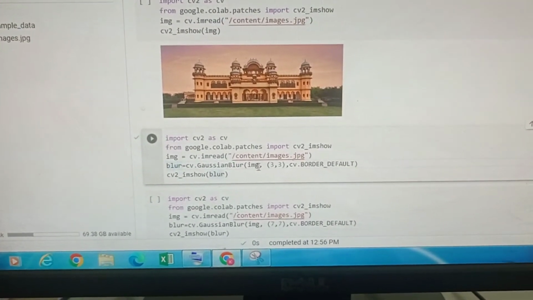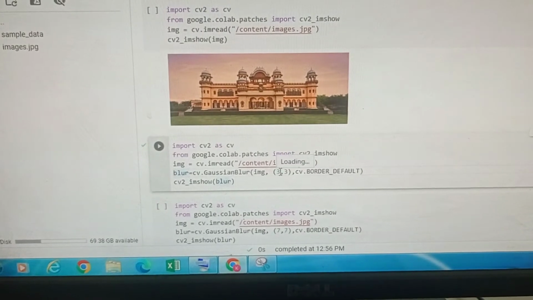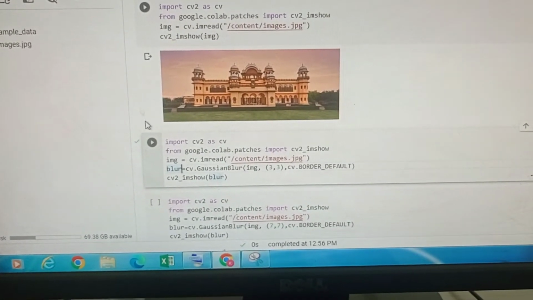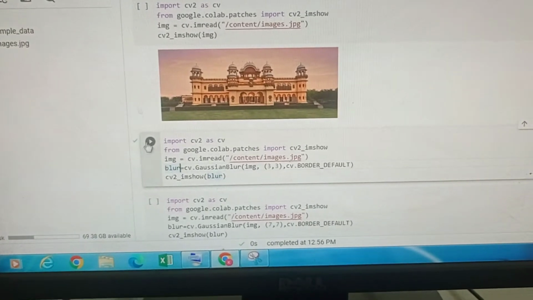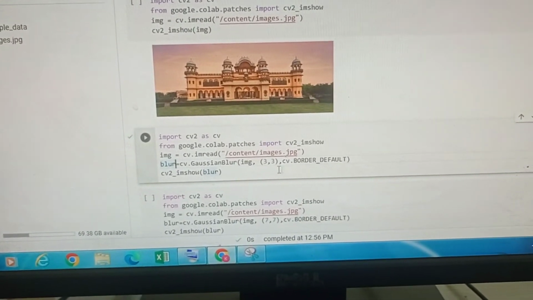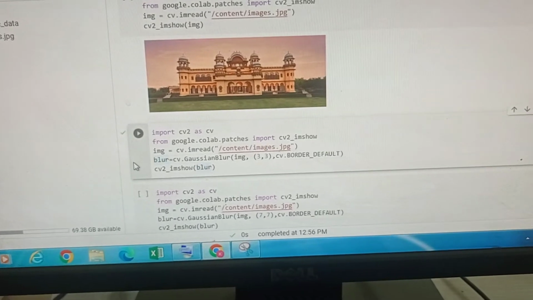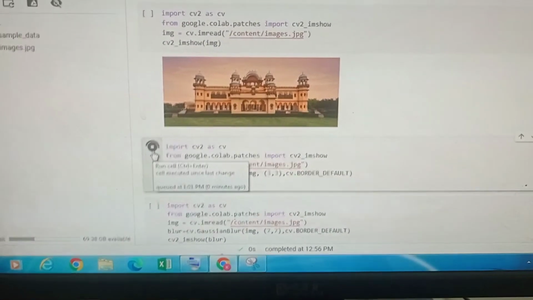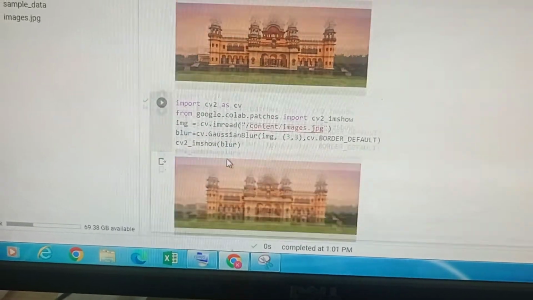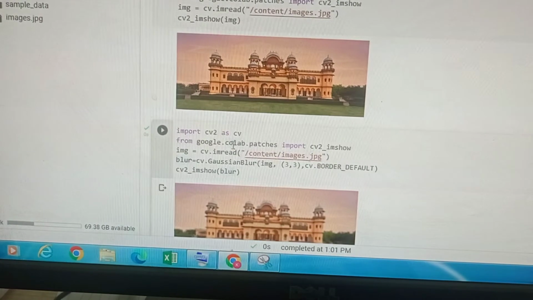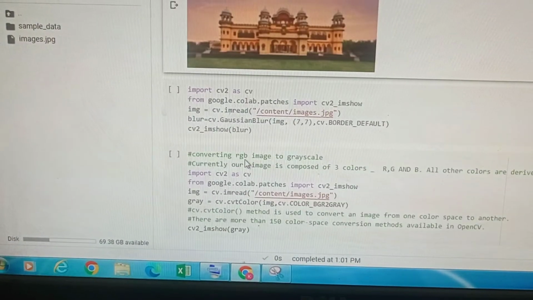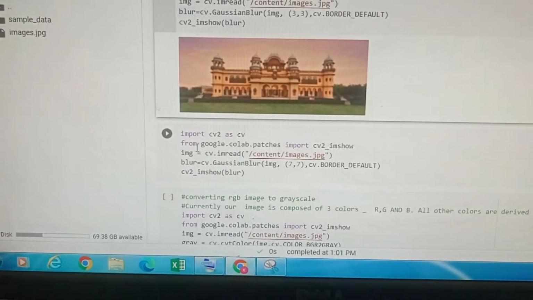So this is the image file, then this is the 3x3 kernel. When we want to blur the image, then we have to define a kernel. If I run the output, you can see the image is blurred, but the blur is not that much. So if we want to increase the amount of blur, then we can increase the size